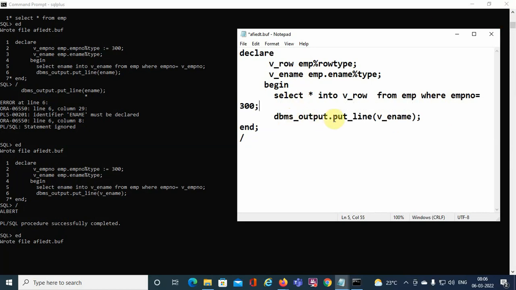So dbms output dot put line, now I have a complete row in the variable. So this is the variable which will refer to the complete row of a table. So wherever I am selecting the complete row of the employee whose emp number is 300, my complete row has been assigned to my row type variable v row. So now I have to print